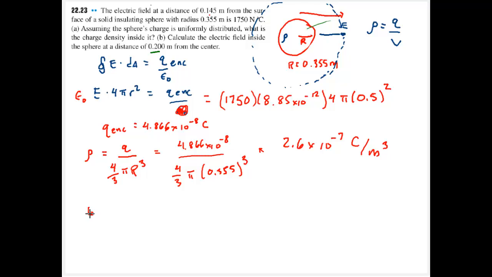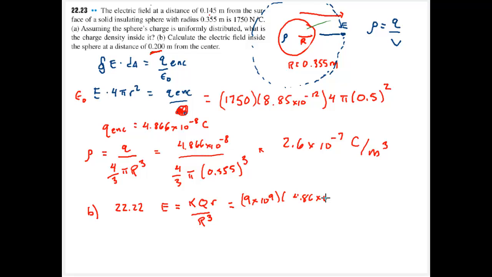For part B, what we could do is draw a Gaussian surface inside the sphere at a distance of 0.2 meters. Or we can recall from example 22.22, I came up with the electric field inside an insulating sphere to essentially be K multiplied by Q multiplied by r divided by the radius of the larger sphere cubed, where K is just 1 over 4 pi epsilon naught. So that's going to be 9 times 10 to the 9th. Q is the charge I found above,